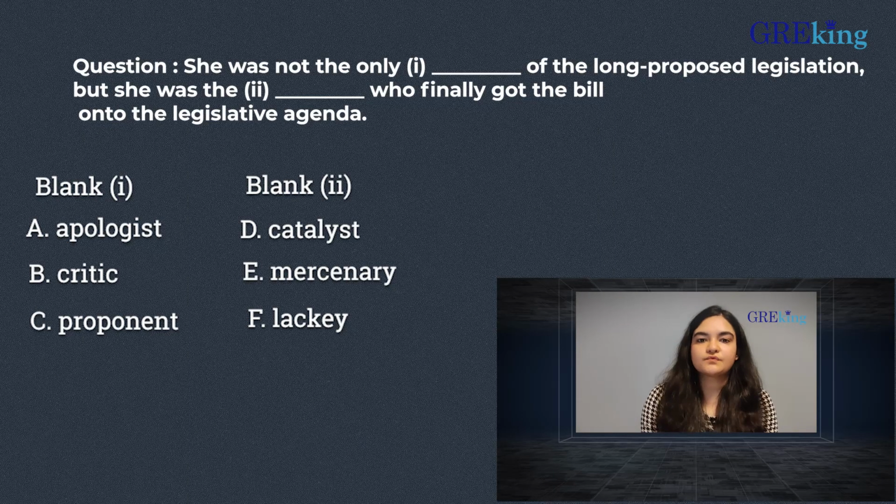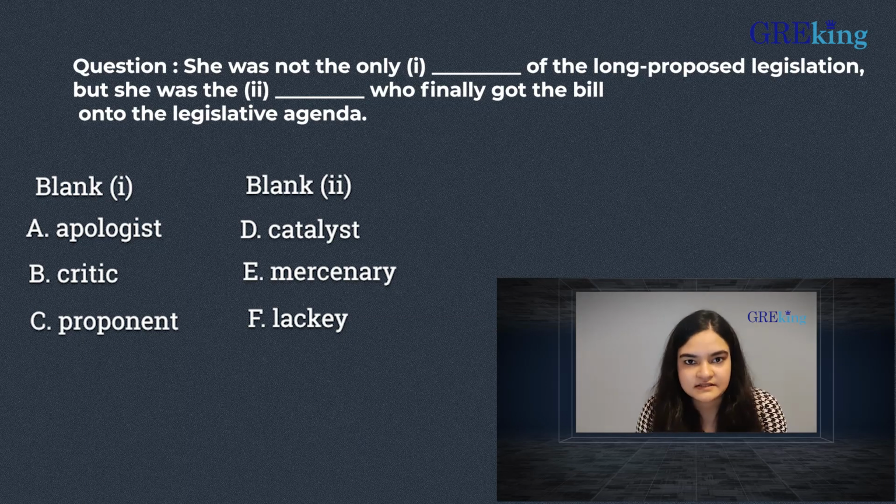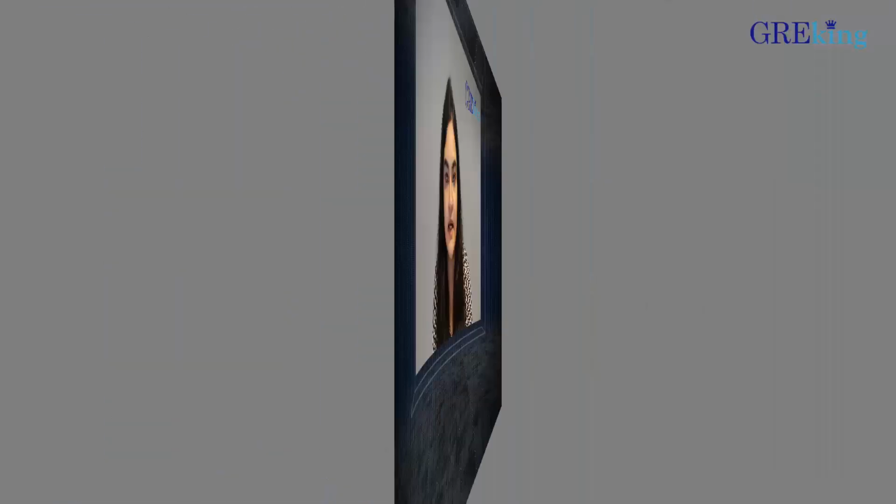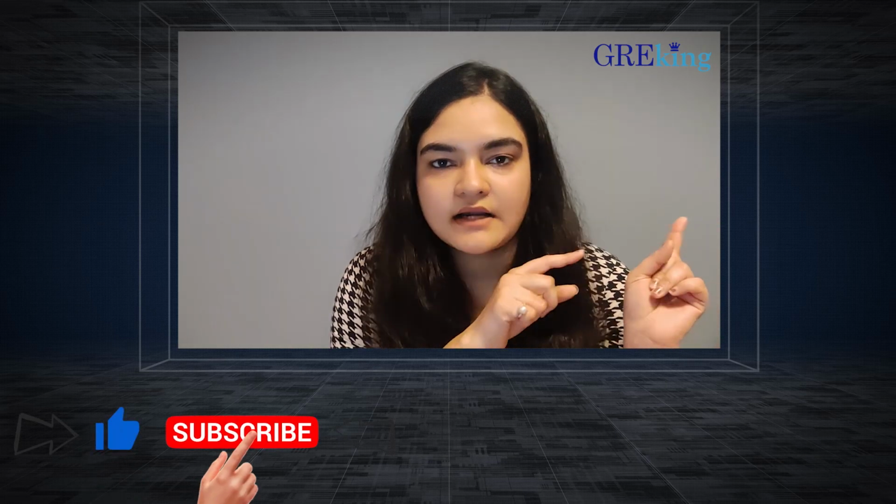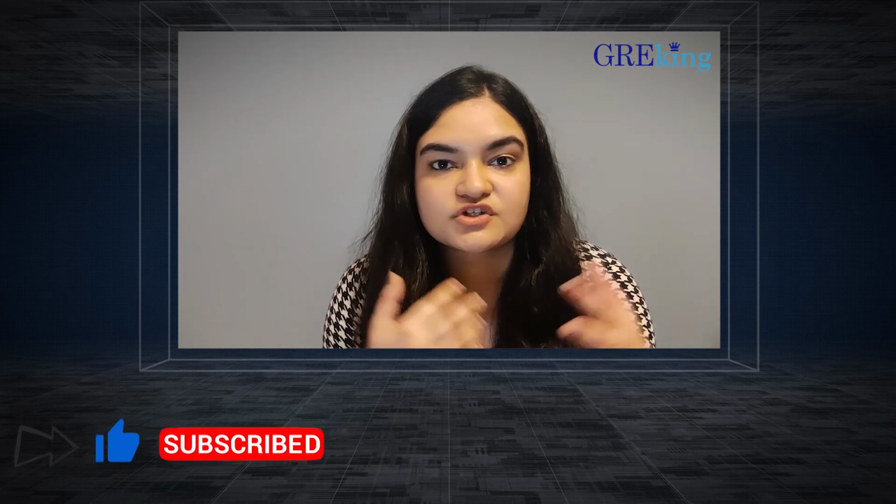So what I did here was I first read the sentence, came up with my substitute word and tried to fit it with the options that were given. This is one text completion strategy that you have to follow, and analyze each question like this until you master these kinds of questions. So this is all from my end. If you still have any queries or doubts, you can go back and revise how to approach a text completion question.